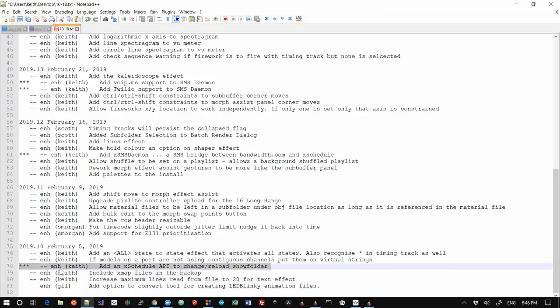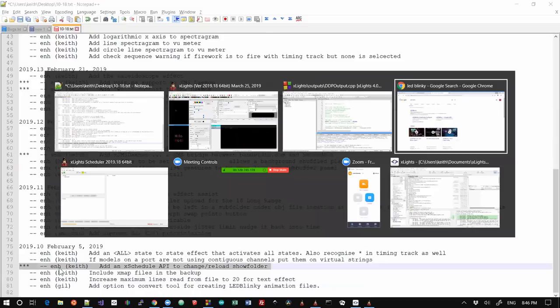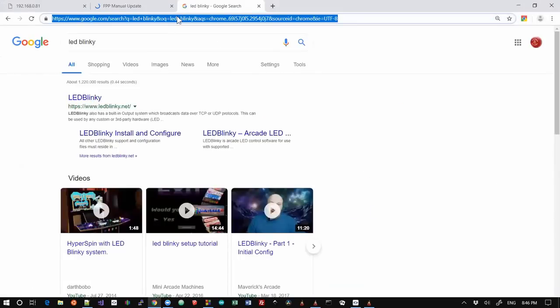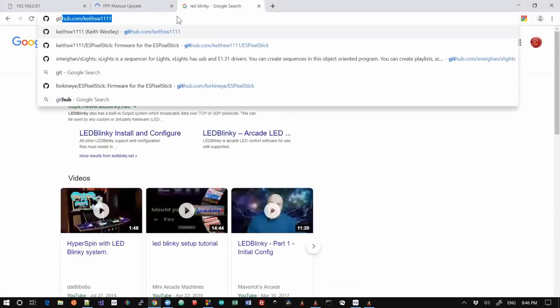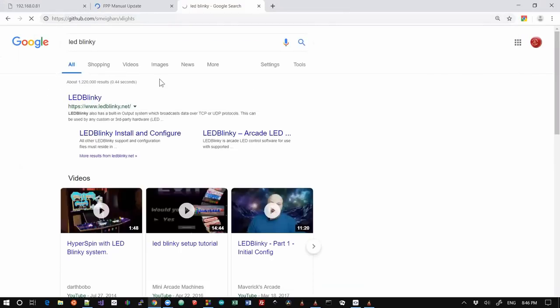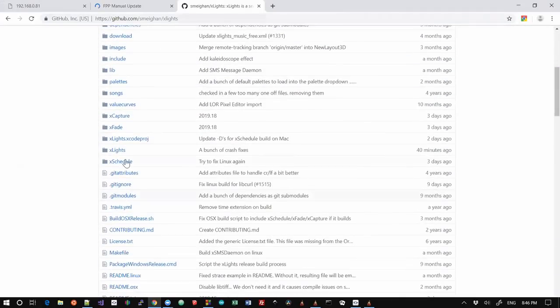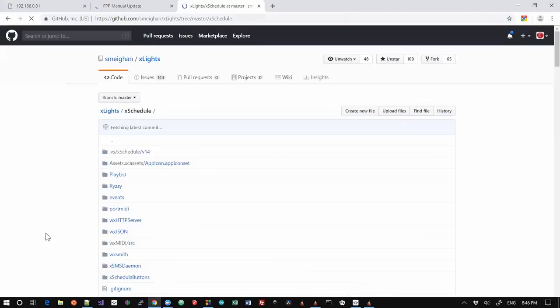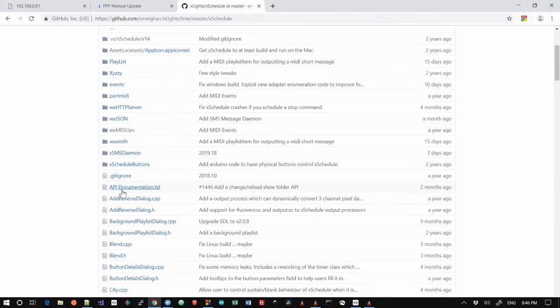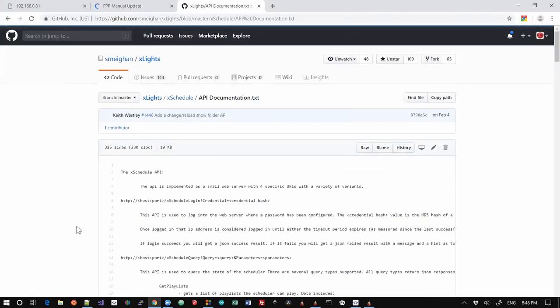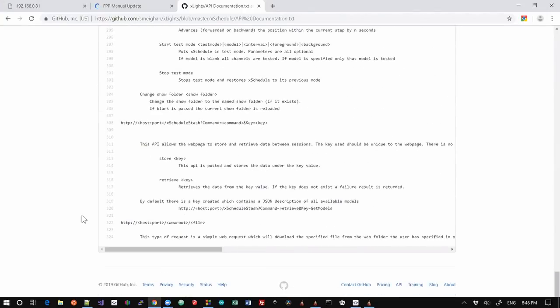XSchedule API change. As you all would know by now, located in our xLights GitHub repository is all the source code to xLights. Within that, there's an XSchedule folder, and within that, there is a text file called the API documentation, which describes all of the APIs that you can invoke if you're wanting to programmatically control XSchedule. Well, we've added a new API here,